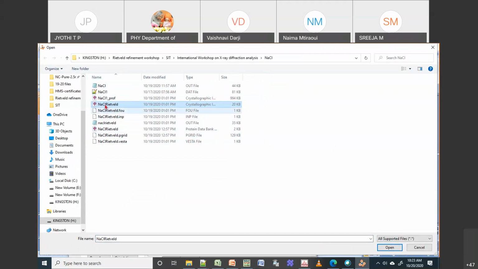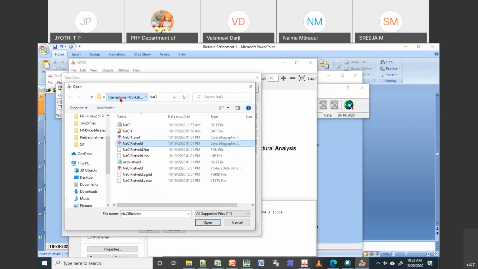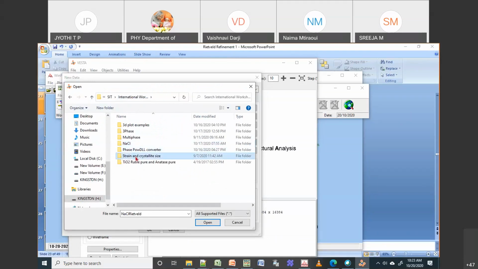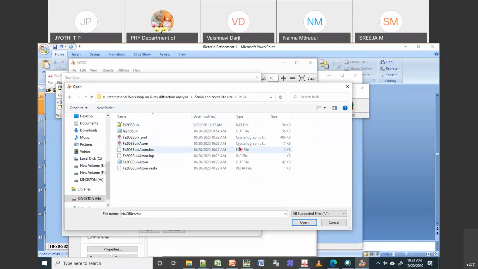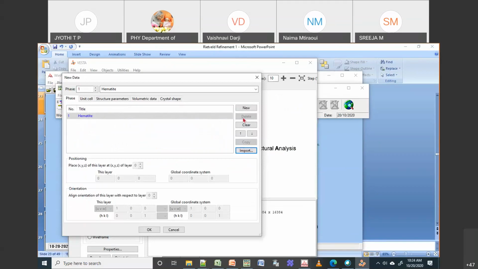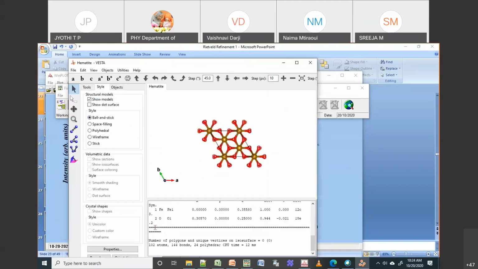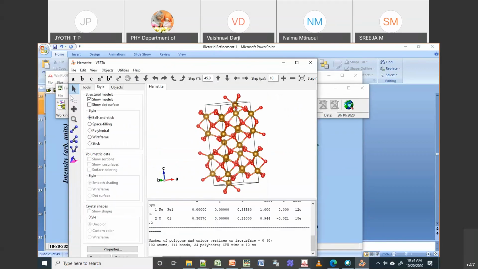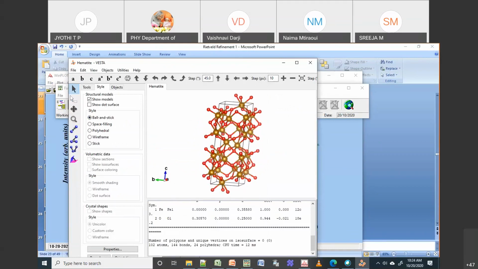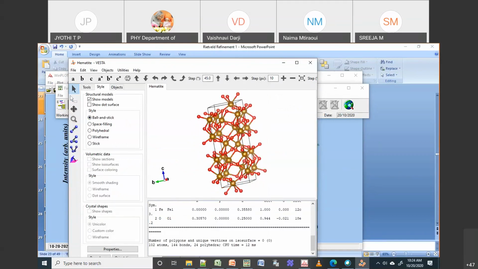Oh, sorry, this is the wrong folder. Okay, I will go to this folder, then bulk, and you should take the one for your atom. Okay, so I'm going to open this, and then I will say okay. So now you can see this is your crystal structure for your Fe2O3.